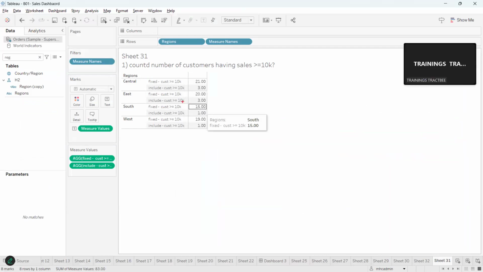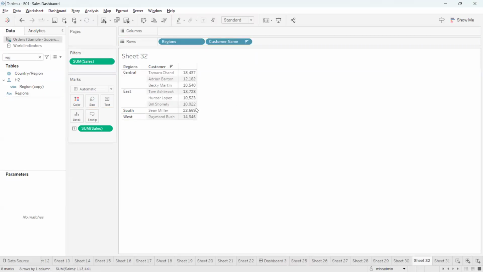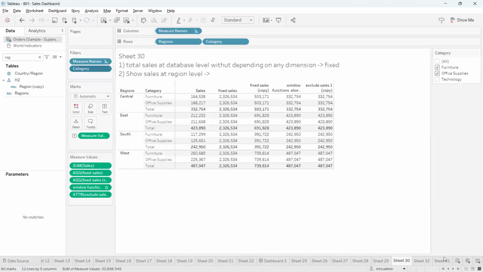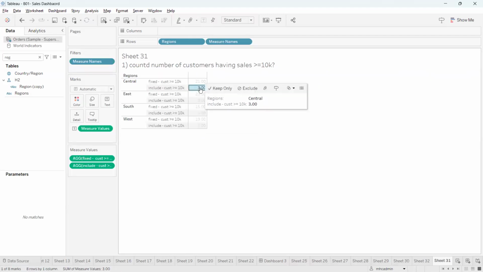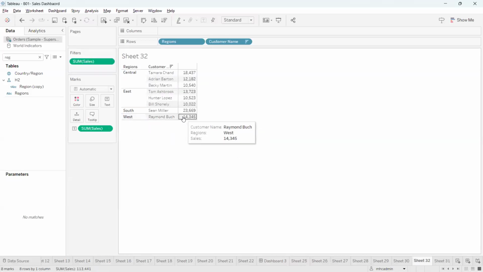So okay, I am checking here. I'm just assuming that fixed LOD is wrong here and include LOD is giving the correct result. But I want to do the testing also, right? So I go to sheet 32, whatever we have done here, and just drag the region just before the customer name. You see, in the central region, I have 3 customers. So we are counting these customers, right? So like in sheet 31, I got the correct result, 3. For the West region, include LOD is giving one customer here. So if you go to sheet 32, it is giving